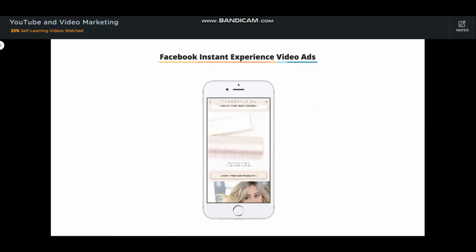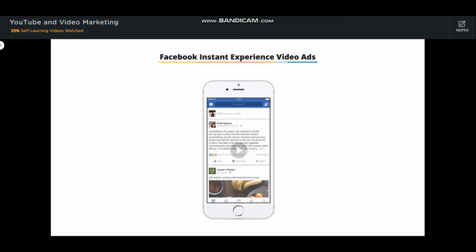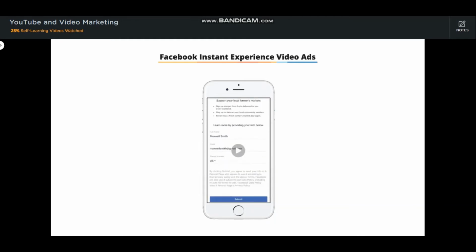The Facebook Instant Experience video ad has been announced as an upgrade of the Canvas ad. Canvas ads were full screen ads for the mobile. Instant Experience video ads are really suitable for businesses because the ad will direct you to a landing page where you can take the customer's data. With Instant Forms, you can gather contact information and capture leads without having to navigate the users away from the